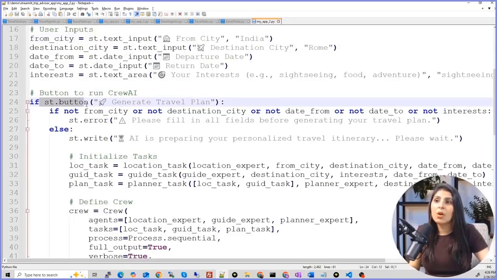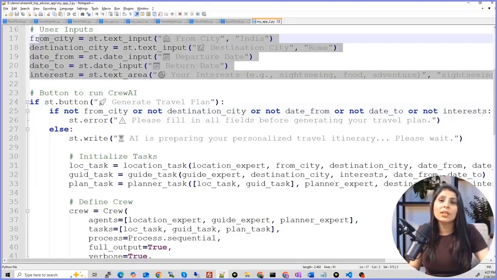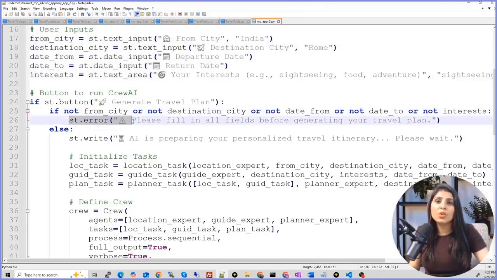So if st.button, this generate travel plan button, see this button. If the user clicks this button, then we are running one more if condition. In that condition, we are checking whether the user has provided all the values over here. If the user missed even a single text box, then our app will show an error.